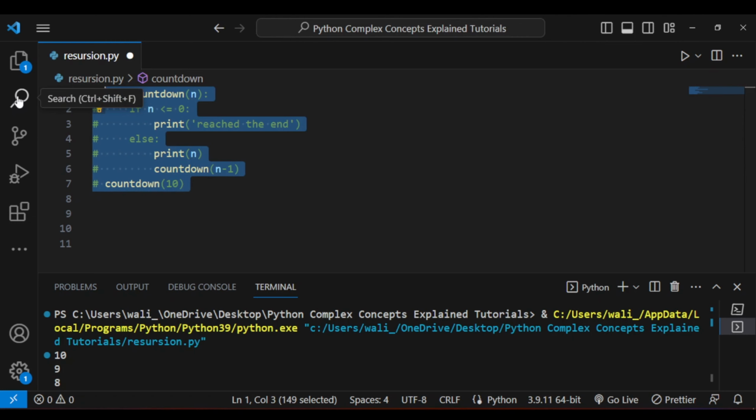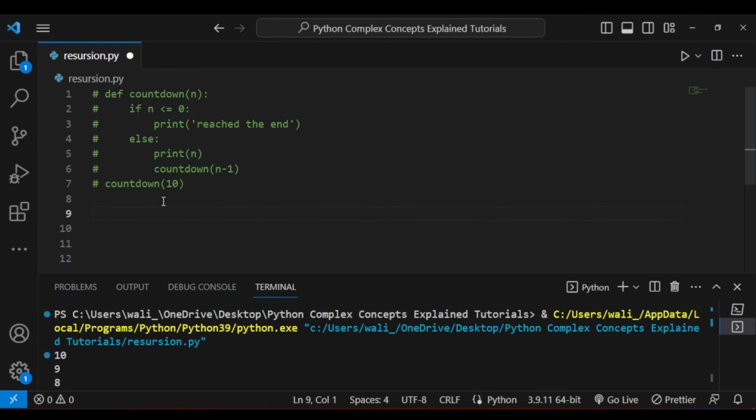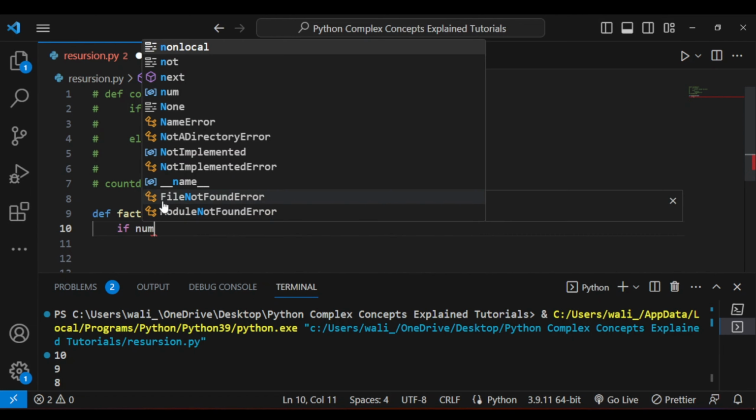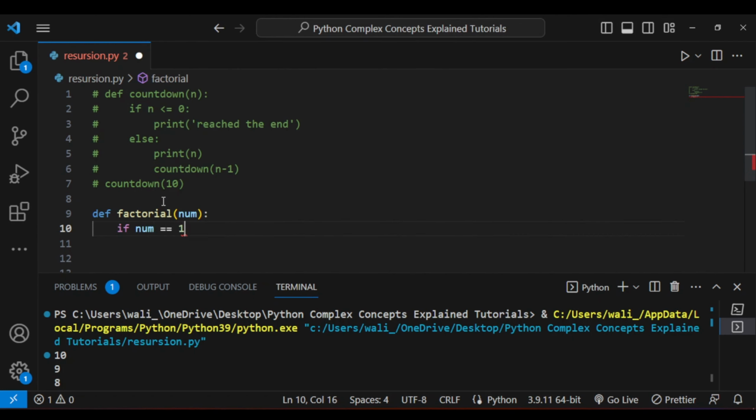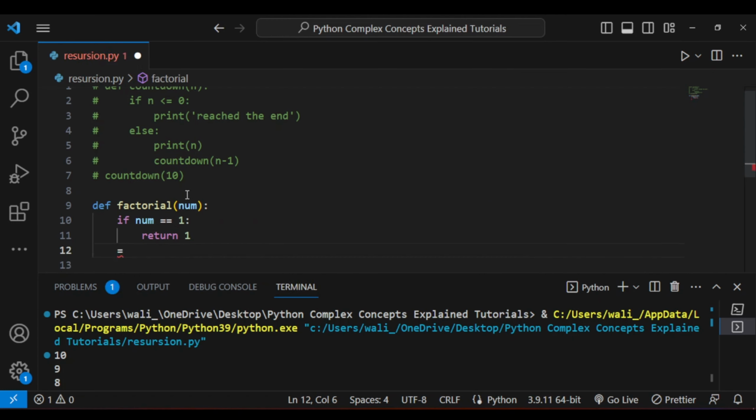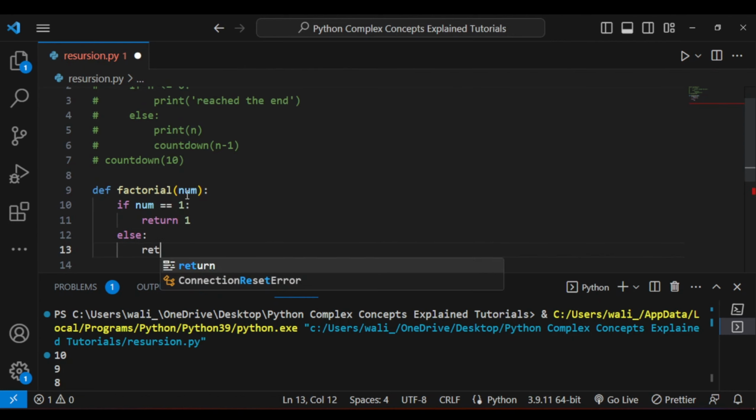So I'll comment out this code. Now let's define another function, and this time we will call it factorial. Factorial will also accept a number as a parameter, and again first we'll define the stopping criteria. So we'll say that if number is equal to 1, then it should return 1, and else this should return